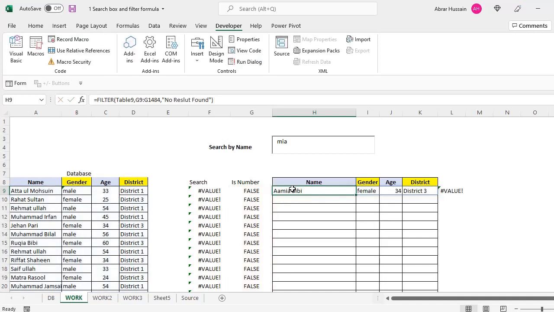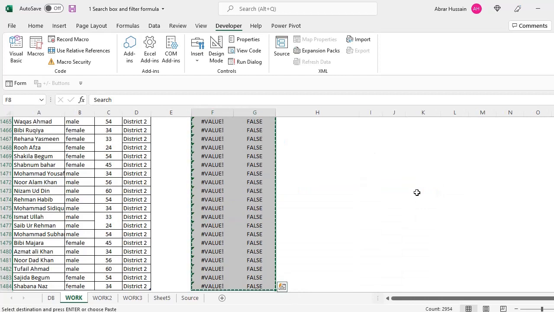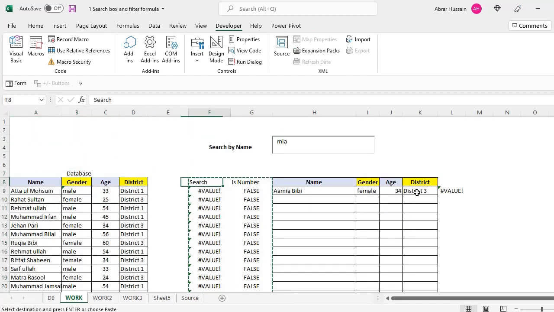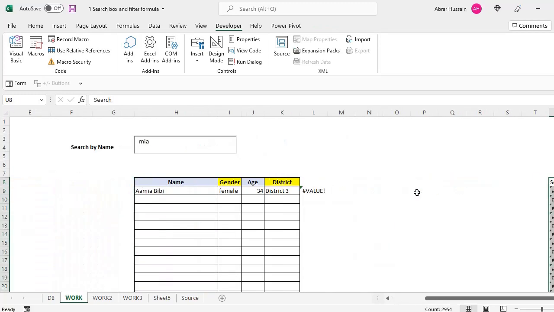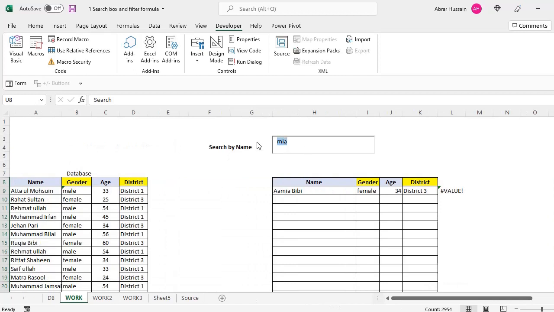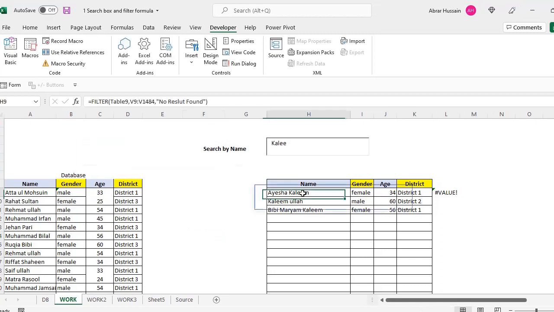So you can do all this work in the same cell also, but for now we have generated these two columns, and these two columns should be in your database, but a little bit away from the last column, so that they are not mixed in the table format. So I am just keeping them. For example, if my database is in another sheet, I can do this, and you can keep this database in another sheet also. I just brought the database here so that it's easy for you to understand. So that's it. This was on the search box.